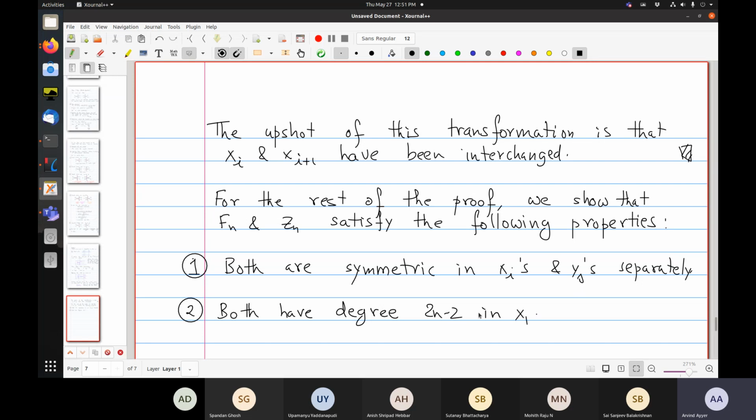Okay, I'm running out of time, so maybe I'll not go into details. I ask you to check. So I'll leave this as an exercise for you, but I'll just explain quickly. So when I say degree, I mean this is numerator, so degree of numerator minus degree of denominator. Okay, so let me explain